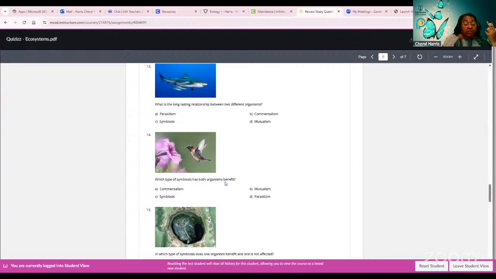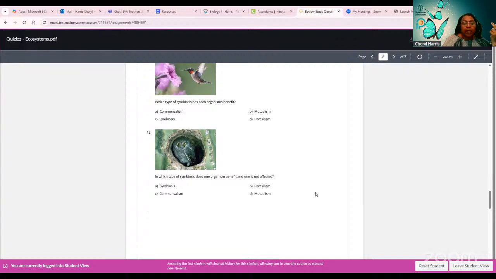Is mutualism. You do something for me, I do something for you, so both of us benefit from this relationship. Okay, so that's mutualism. All right, the type where one benefits, but the other one is not affected, meaning you're doing something for me, but